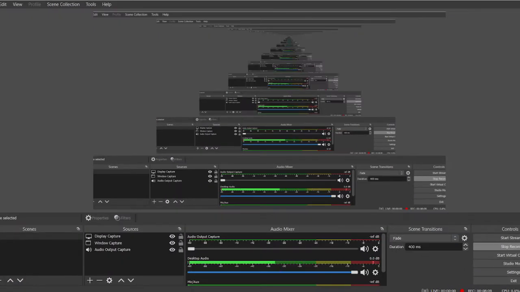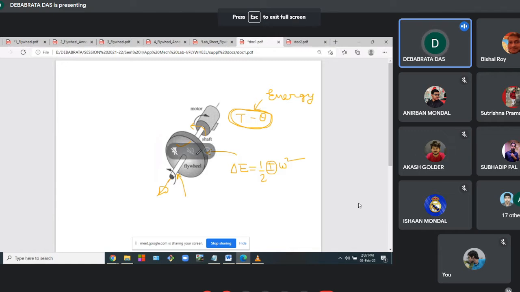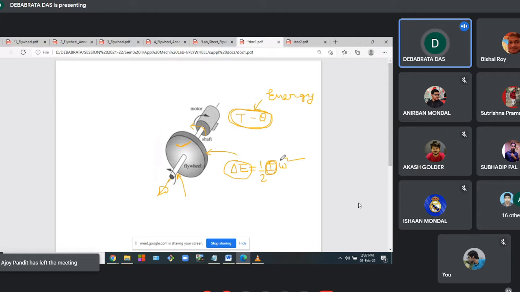Now, without this flywheel mounted on the shaft, or without that heavy cylindrical body mounted on the other end of the pin, what will happen to I? It will be drastically reduced. So you apply certain energy, but if I is very, very less, then what will happen to the speed? It will increase to a large extent. But the moment you mount this flywheel on this shaft, or mount the heavy cylindrical body on the other end of the pin, I will increase to a large extent.